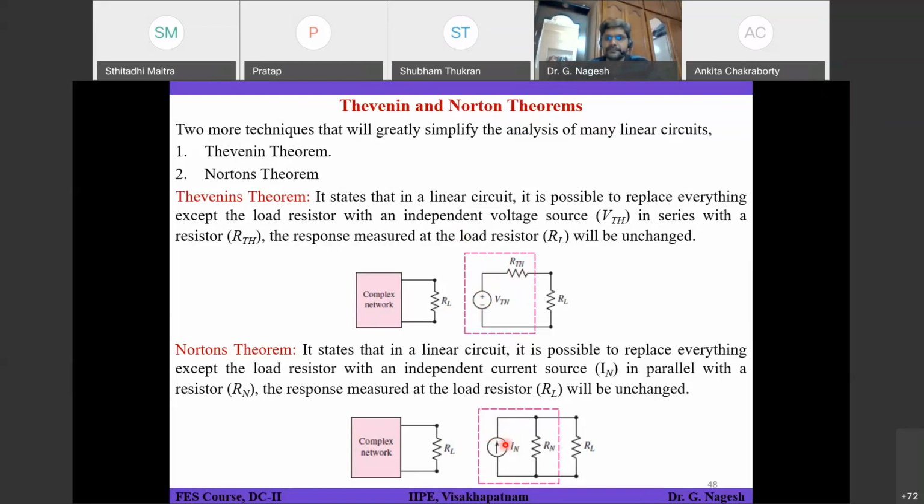Okay, right. So in Norton's theorem, you have one methodology to find out IN and RN. If you want, you can apply Thevenin's theorem, and at the end you can convert the Thevenin equivalent back to Norton's equivalent, a current source with a resistance. Both will give you the same result. Okay, anyway, we'll see that.